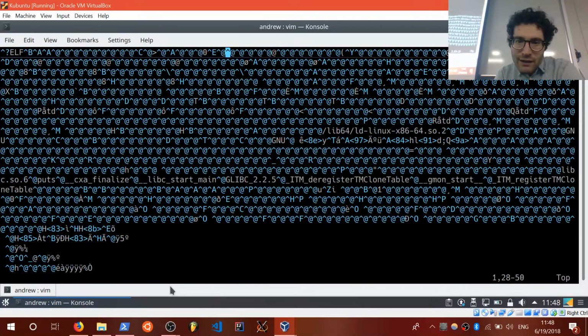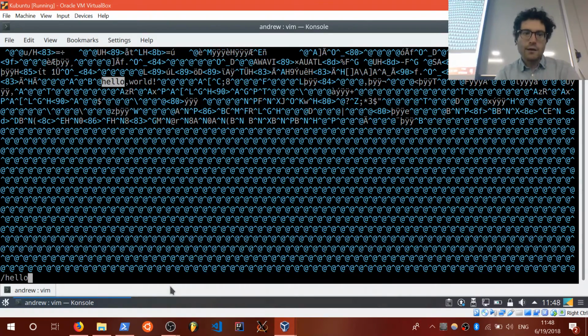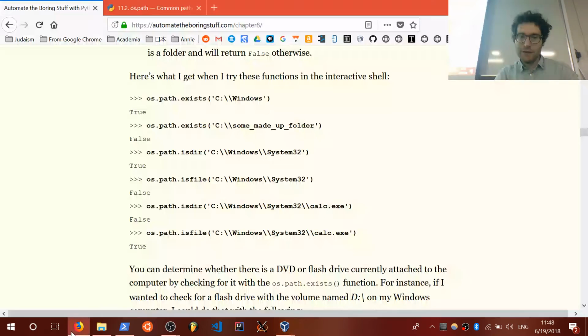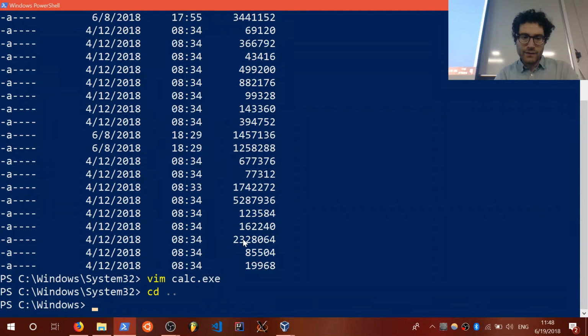So anyway, notice that there is some stuff in here that we do recognize. Oh, and I can look for hello world, and there's my hello world string right there, right? This is probably the part of the code that prints out hello world. But it's not meant for us. This is a binary file. It's meant for the computer to read. Okay? And this is important. What's meant for a computer to read and what's meant for us to read can actually kind of surprise you, right? For instance,